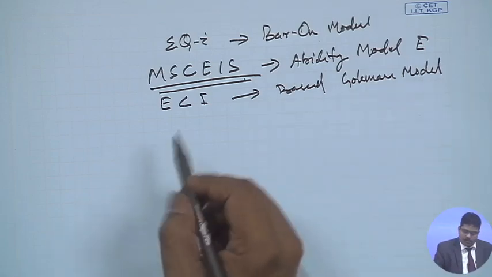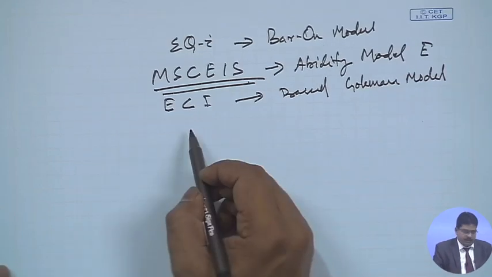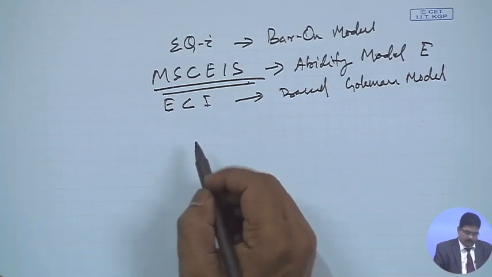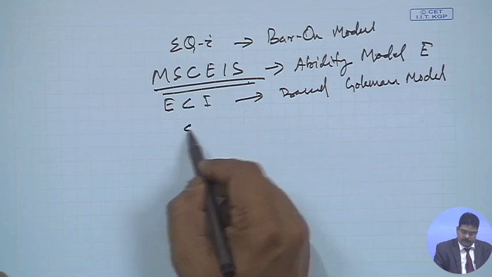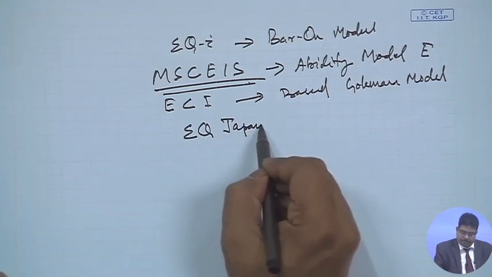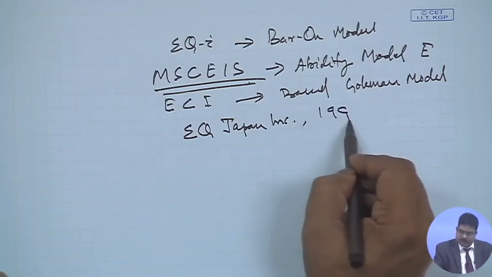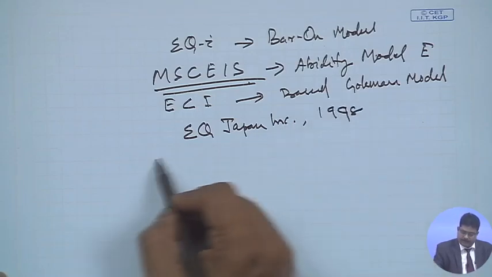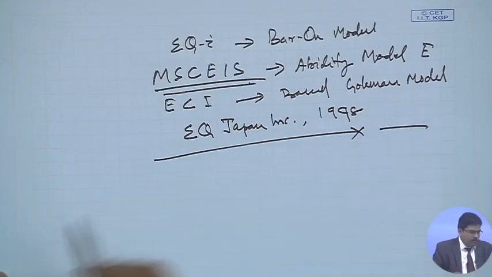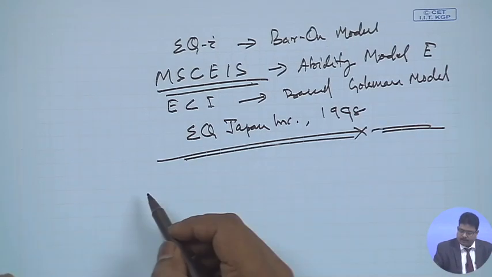Yeah, we have also seen one of the famous and very popular EQ tests developed by a group of psychologists in Japan, called EQ Japan Inc., in the year 1998. So, these are some of the important global measures of emotional intelligence now available in the commercial markets,